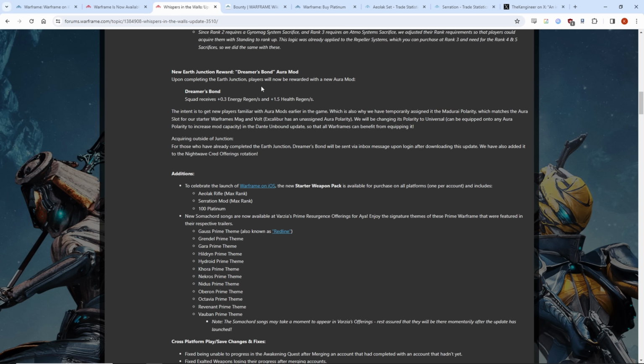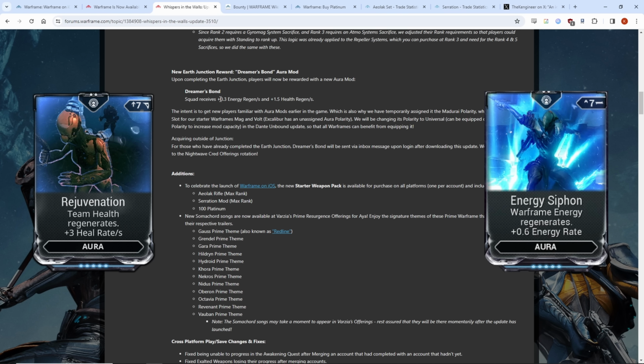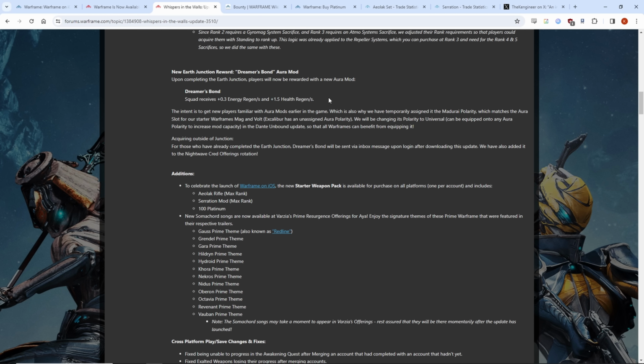This aura mod gives you half the benefit of Rejuvenation and half the benefit of Energy Siphon, granting 0.3 energy per second and 1.5 health per second. The design here is pretty clear: to give new players an aura mod that they can use on any starting Warframe without an issue. It also grants them both energy and health regen, whereas normally for new players